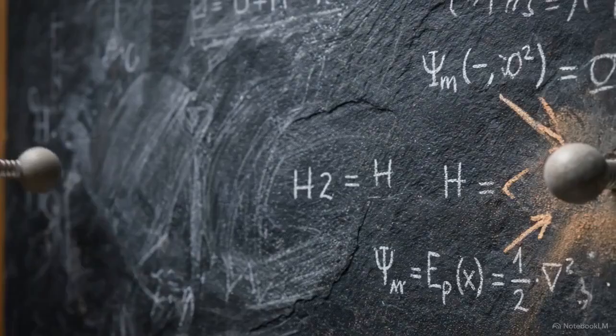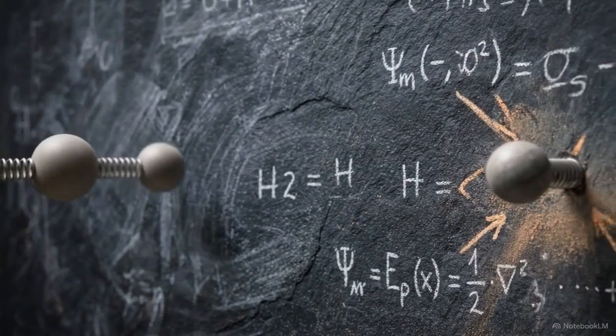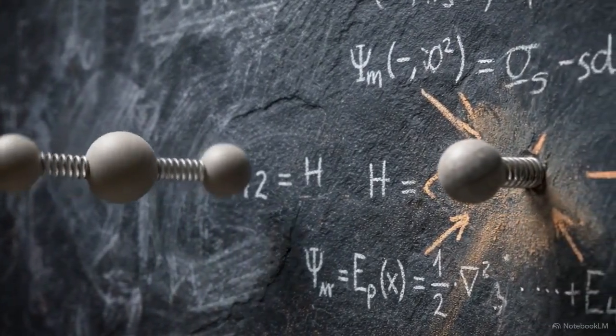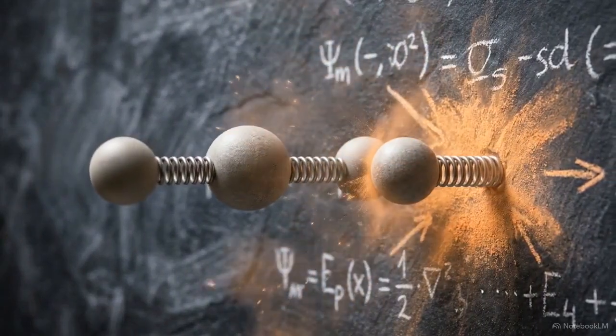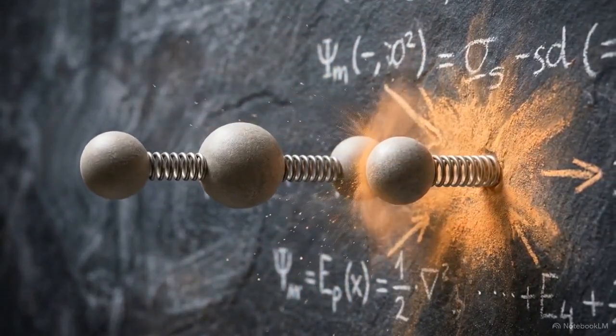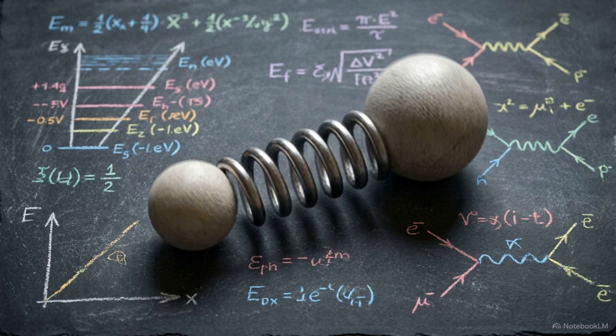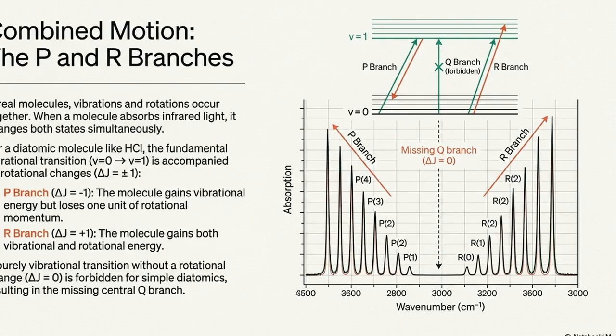As these excited molecules collide with atmospheric gases, like nitrogen and oxygen, they transfer that energy as heat, the physical mechanism driving the greenhouse effect. In physical reality, molecular vibration and rotation do not happen in isolation. This energy level diagram demonstrates that a single infrared photon packs enough energy to alter both vibrational and rotational states